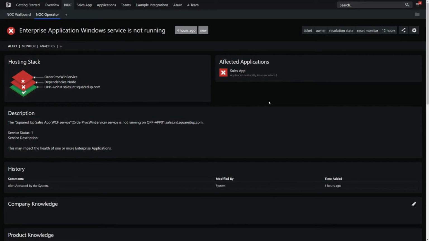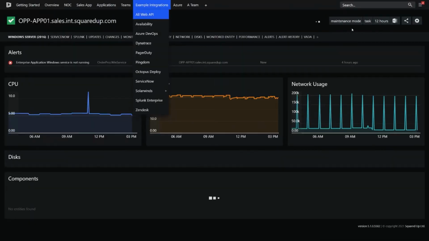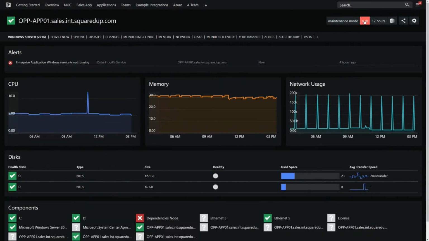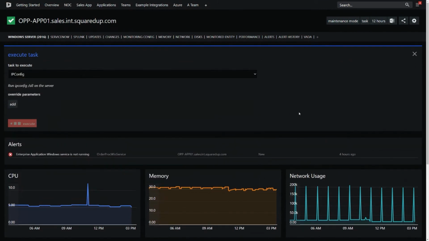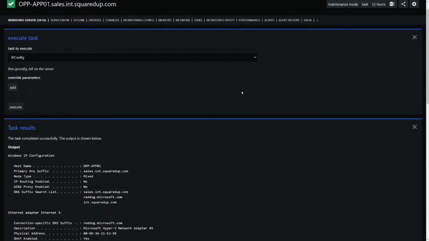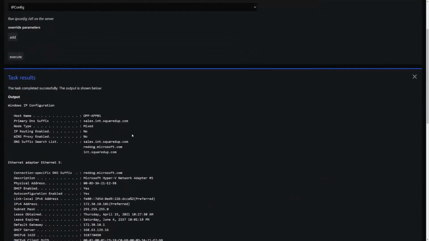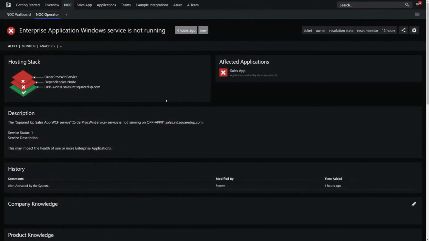Now, the ability to actually run SCOM agent tasks can help you not just investigate issues. And what I mean by that is if I come through to a server object, I can use the task button and I can view something as simple as ipconfig without having to RDP onto the box or open up PowerShell. However you may get this information normally, you'll be presented with this. But you can also use this to fix issues, and building agent tasks into your SCOM experience will help you cut down on the amount of time it takes to resolve issues,